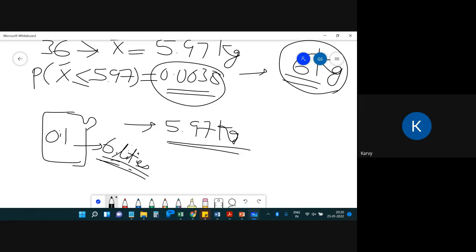No. No, sir. Why? Because the number of cans which have less than 6 liters of oil is very less according to the probability. Had it been, let's say, 5.70,